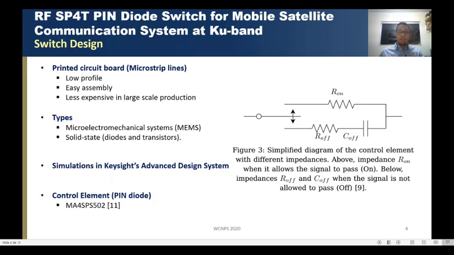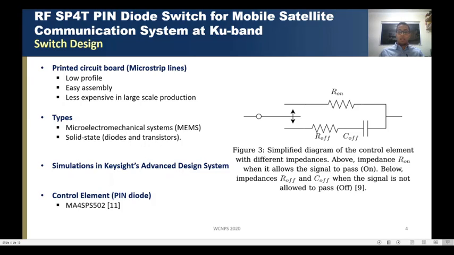Well, there are two main types of control elements: the microelectromechanical systems, MEMS, or solid states like diodes or transistors. All simulations were held in Keysight's ADS, and the control element chosen was the PIN diode due to its power